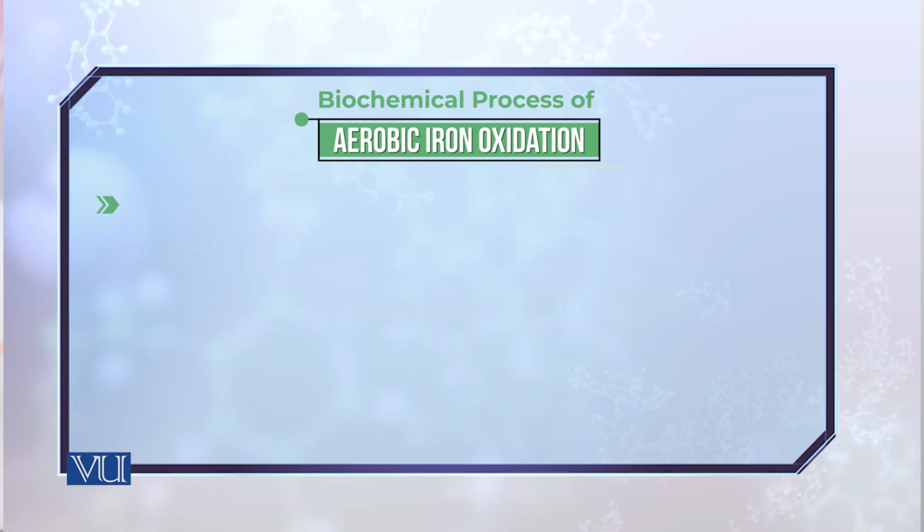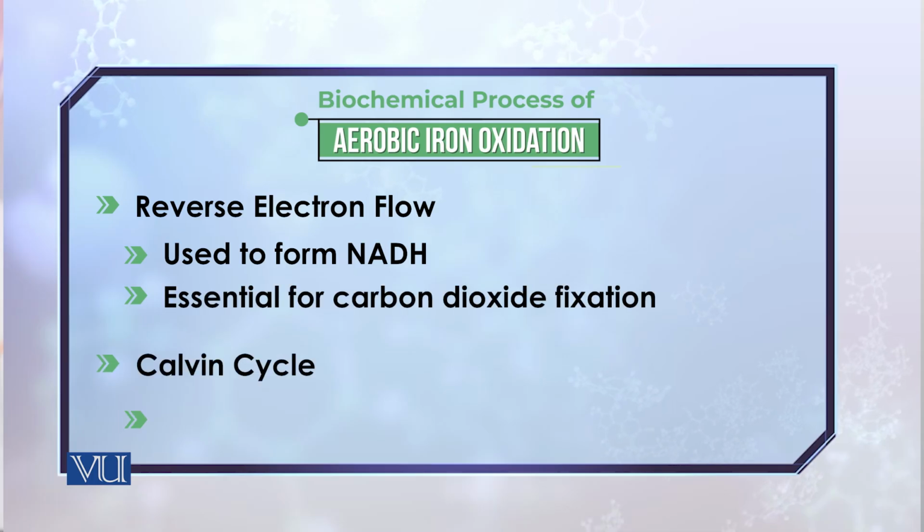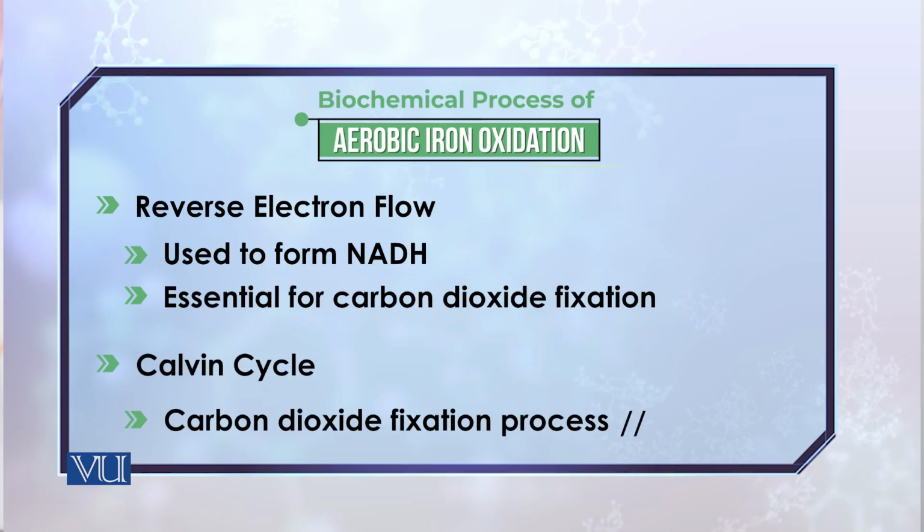But as we have seen in the case of sulfur oxidizing bacteria and other chemolithotrophs also, the flow of the electrons here will again be reversed, and that reversal of the flow of electrons is carried out through the proton motive force, which is generated because of the transportation of protons. So in this way, proton motive force is not only involved in the production of ATP, but it is also involved in carrying out the electron transport chain because of the movement of electrons from the inorganic moieties